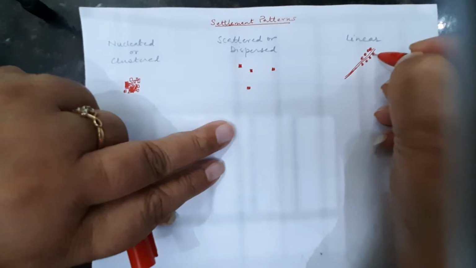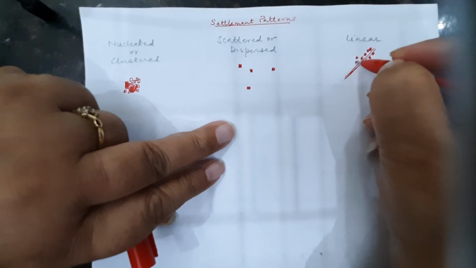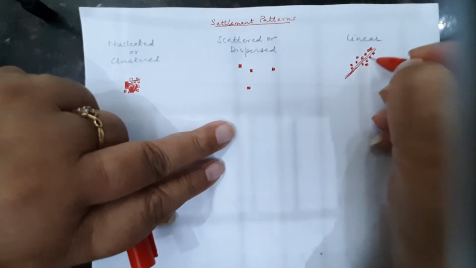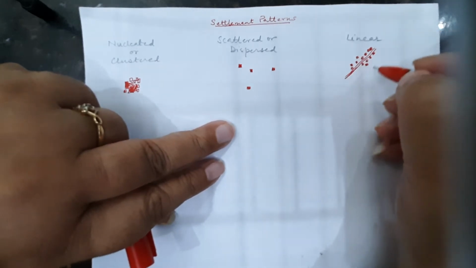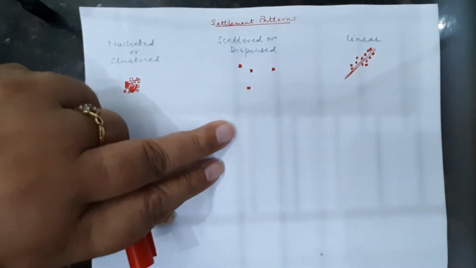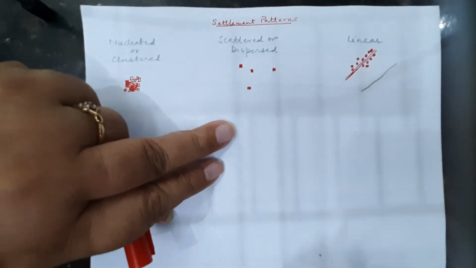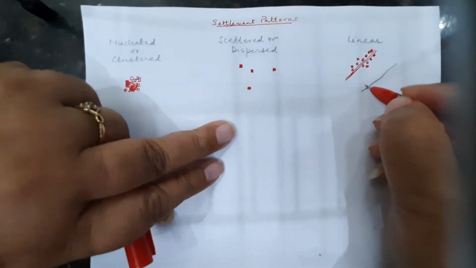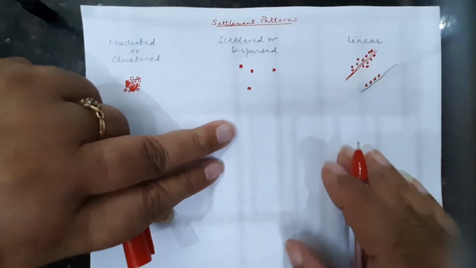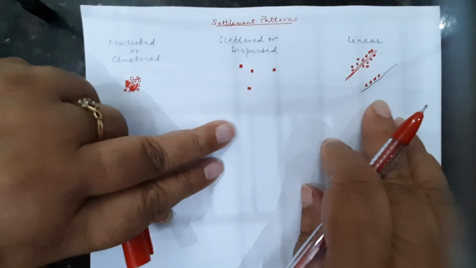But since we are not looking at cities in our map, but we are definitely looking at places where there are roads. So normally it's a line on either side, or it can just be on single side, but it has to be along a road. It can also be along a stream or a river. That means the seasonal black line is there of a stream, and then there are few huts which are seen on the side of the stream. Then also we can call it a linear pattern.